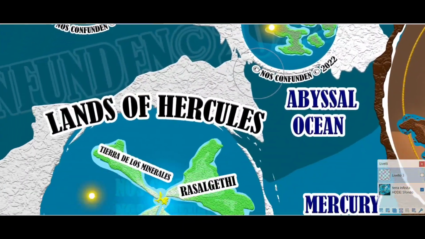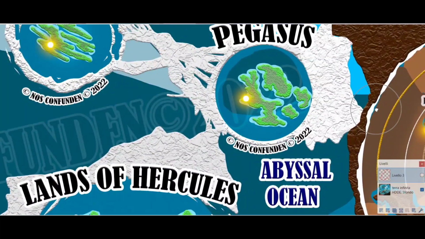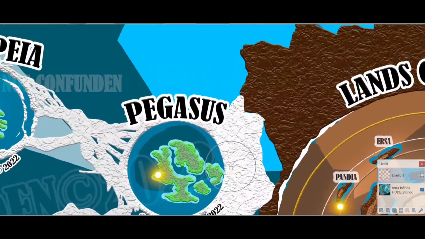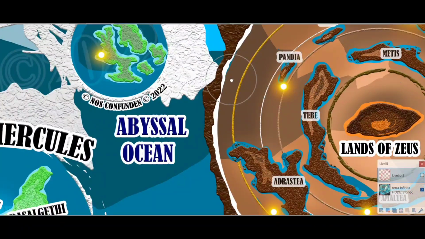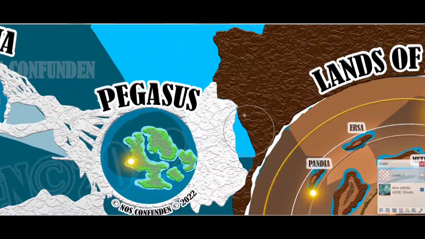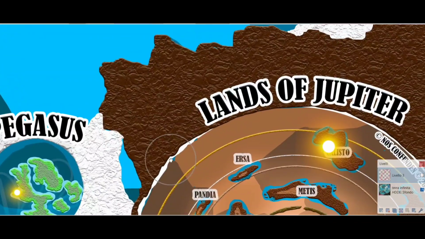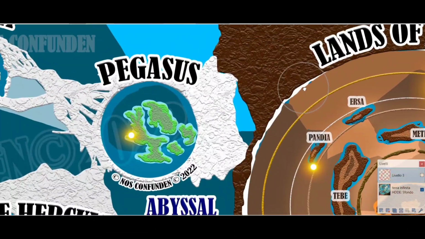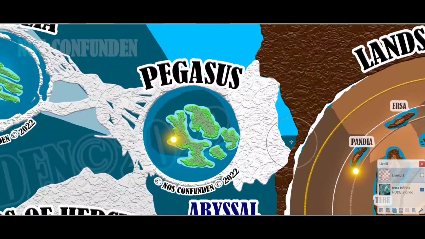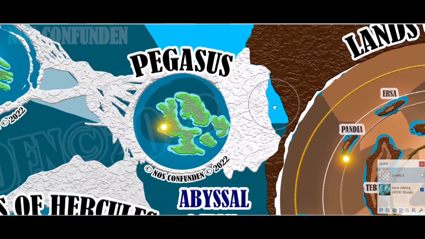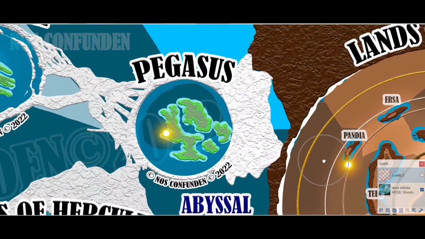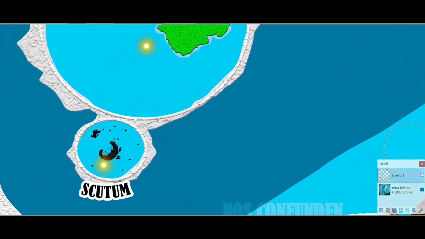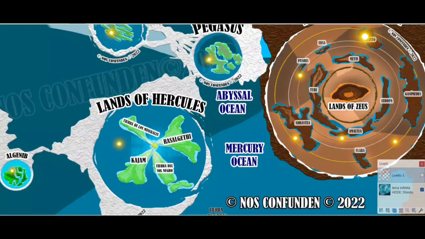Pegasus is another plane of existence in this same chain, also connected by these thick ice blocks, but it's also connected to the lands of Jupiter by this kind of brownish mass. I thought this was some sort of mineral mass, so clearly untraversable, even worse than the ice is. So it's probably impossible to go from the lands of Jupiter to the Pegasus, so it's probably more likely for it to be made through the Mercury Ocean.